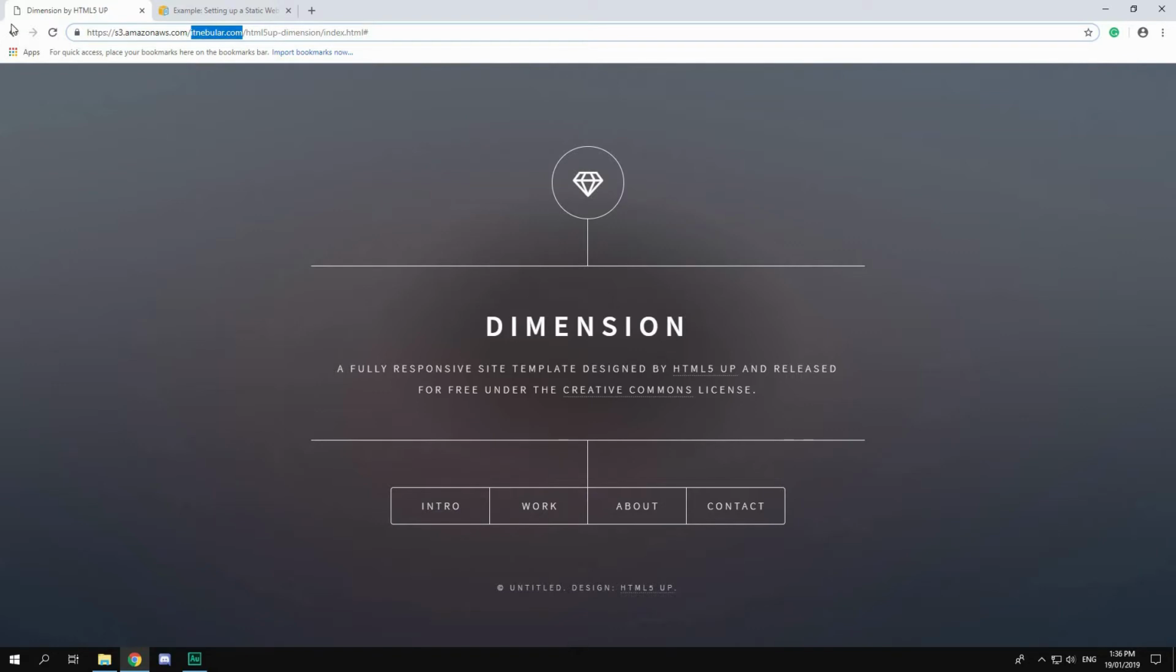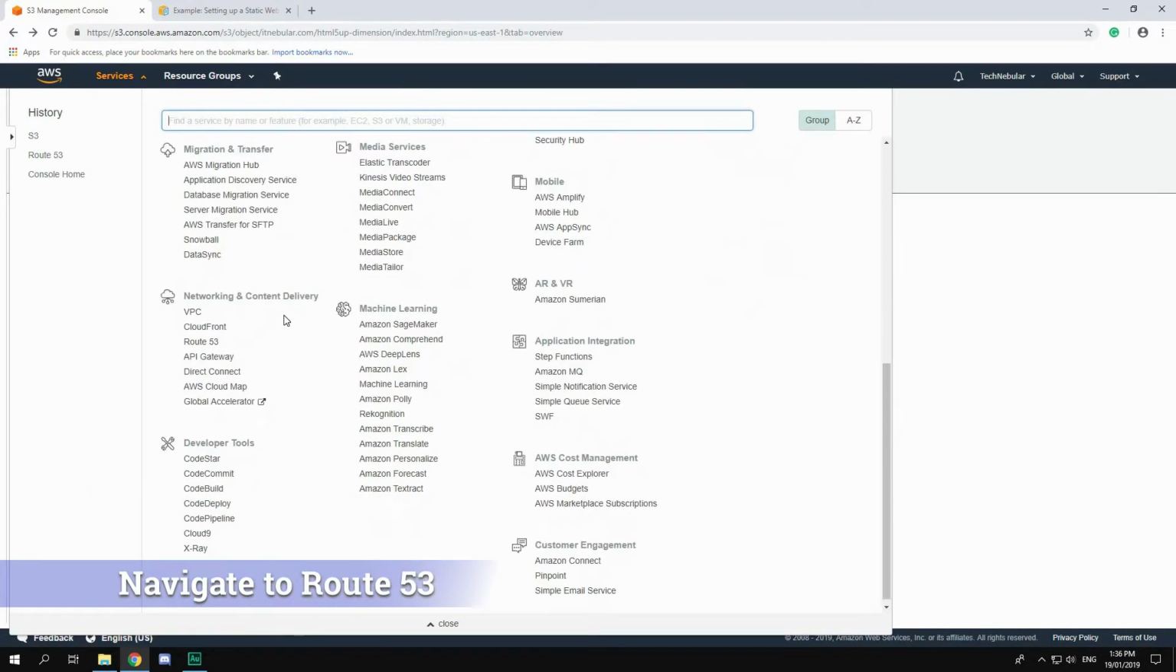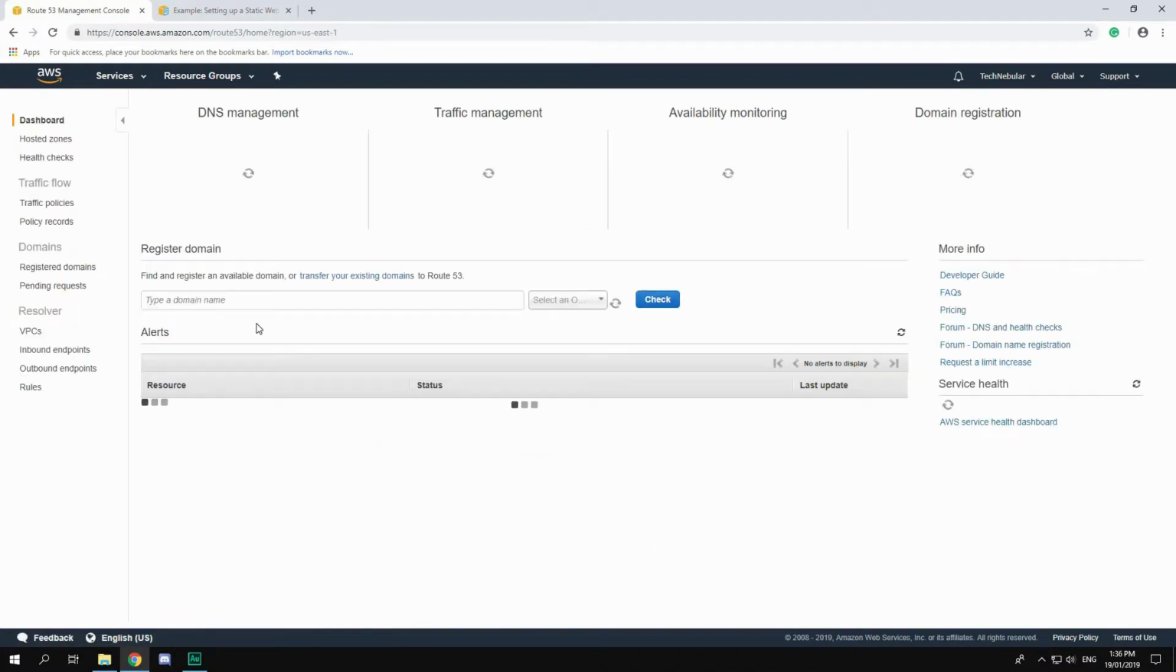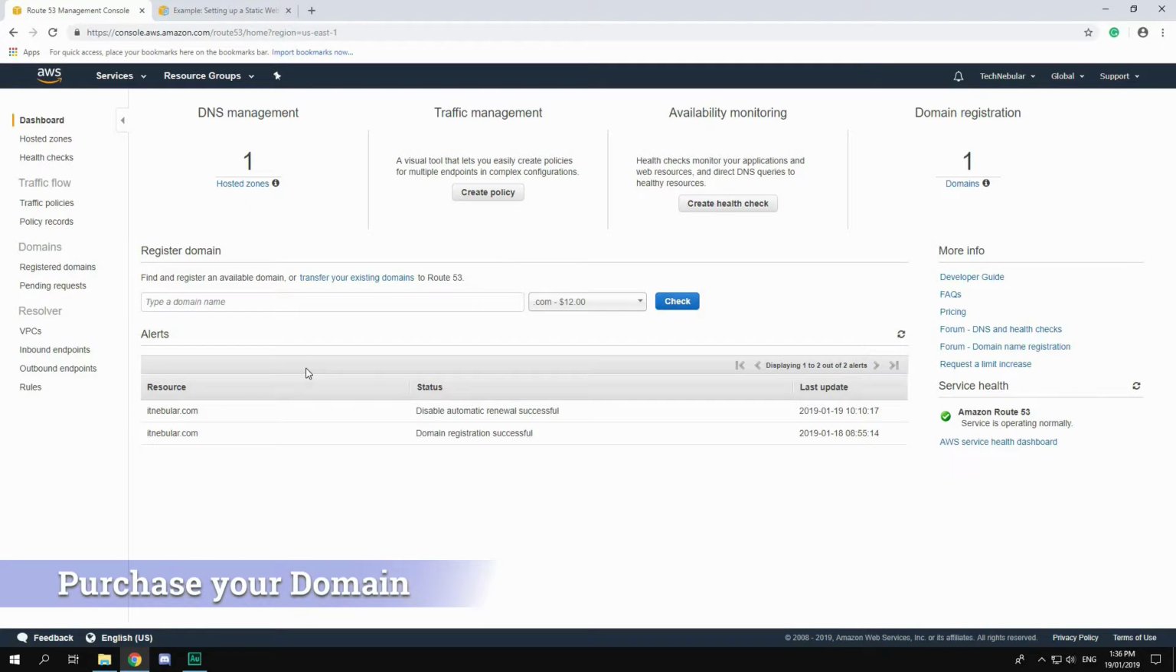So to do that, we can go over to Services, Route 53, and we can go ahead and purchase the domain. If you guys don't want to purchase a domain, you don't have to go ahead with this part of the tutorial. Awesome, so once you type in your domain name,